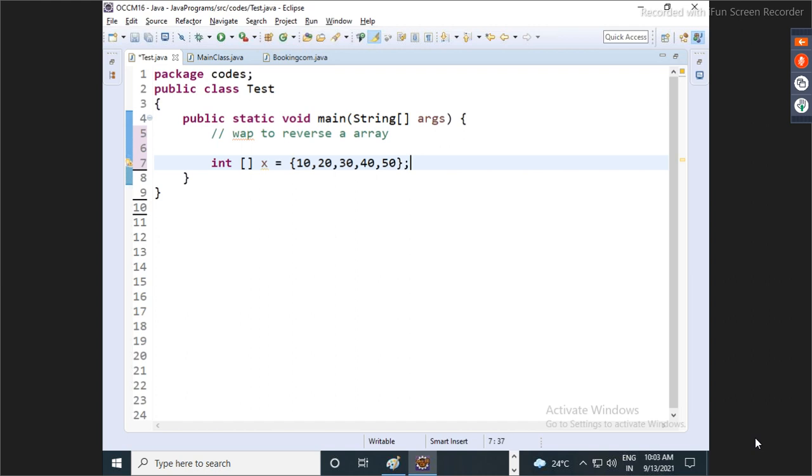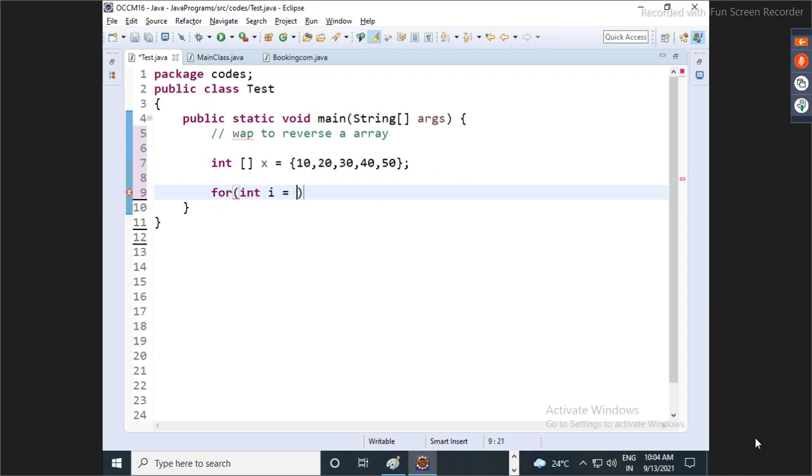Am I right? Okay. So guys, now see how we will reverse it. First thing, naturally we can fetch from 0 to 4 because there are 5 elements, right? Length minus 1. If I want to reverse, then what do you need to do? From length minus 1 till 0.